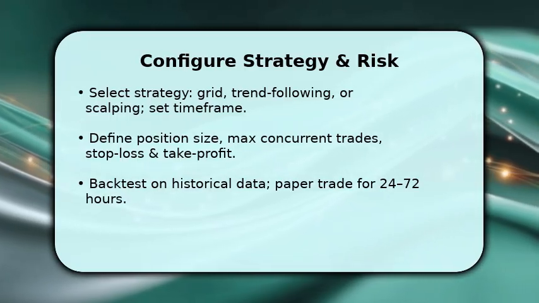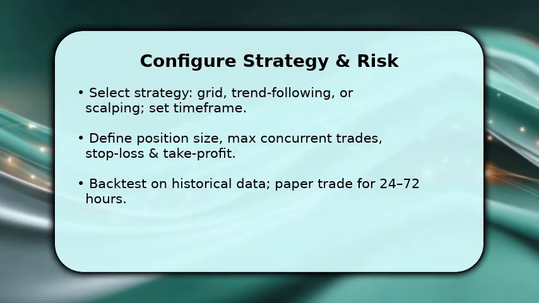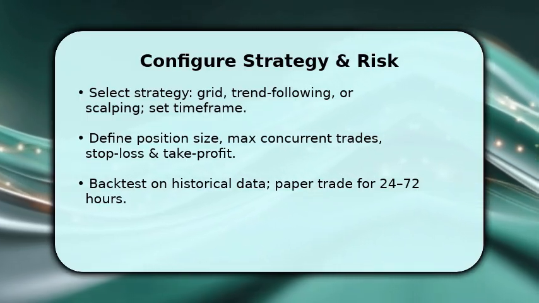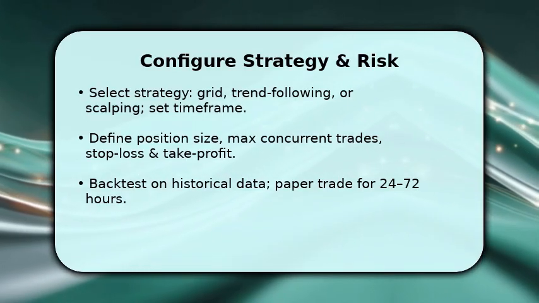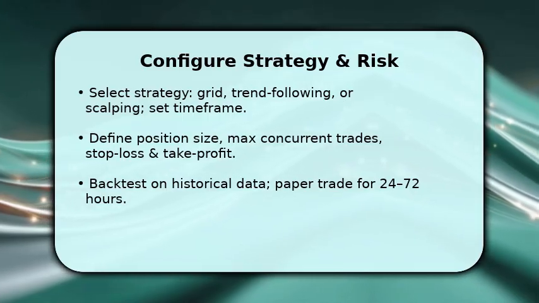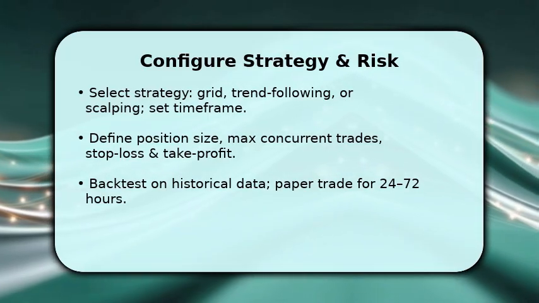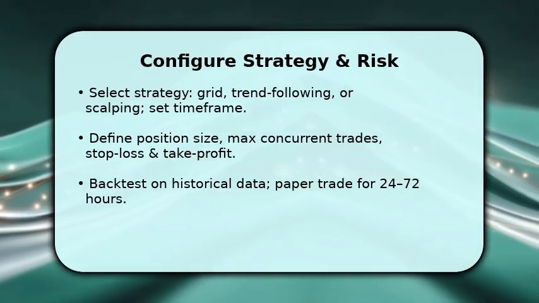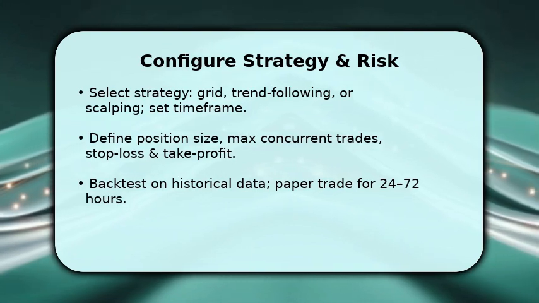Once configured, run a backtest on historical data to validate parameters. After a satisfactory backtest, deploy in paper trade mode for 24 to 72 hours to observe real market behavior without risking capital. Adjust risk. You can deploy the bot live using a conservative allocation, typically 1 to 5% of your